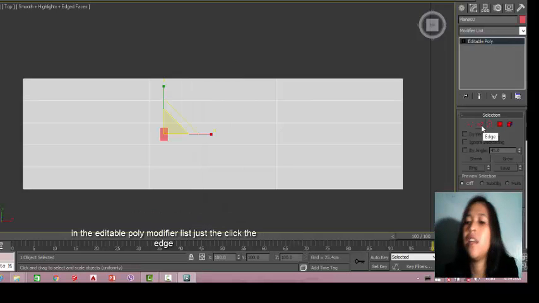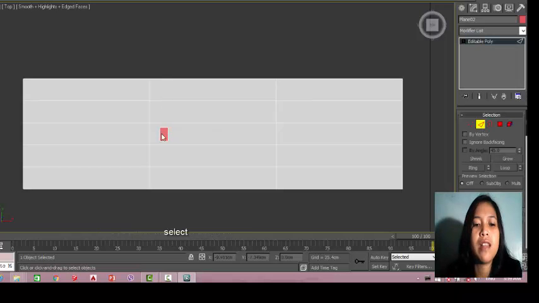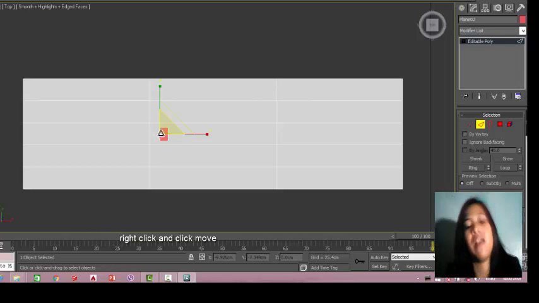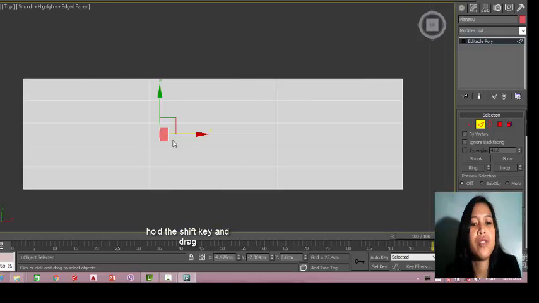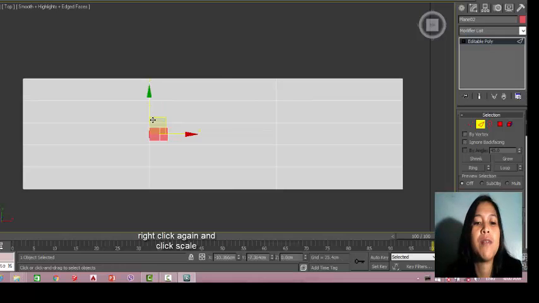In the editable poly modifier, click the edge, select this, right click, move, hold the shift key, and drag it here like this. After that, you scale it out like this.